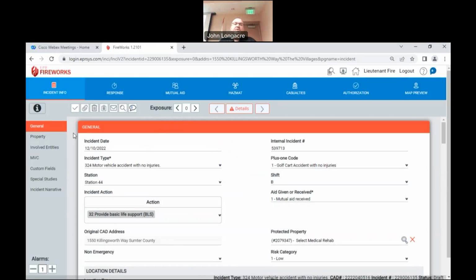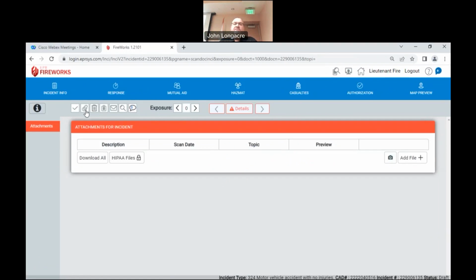To complete a report, all you do is click on the checkbox. And when you click on the checkbox, it does that validation check, and it will mark that report off as a completed incident report. But before we do that, one of the other things I wanted to show you as a company officer is you have the capabilities from inside of our incident report to attach documents, photos, or whatever